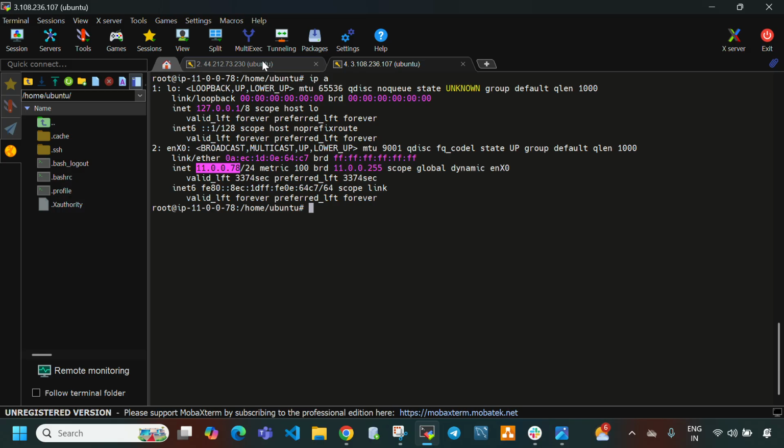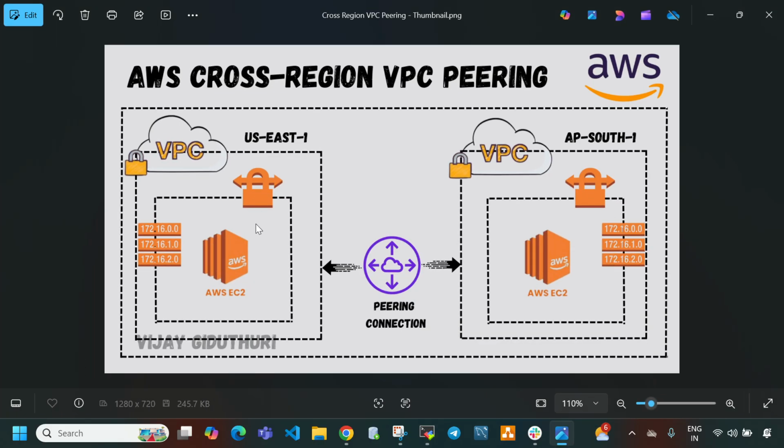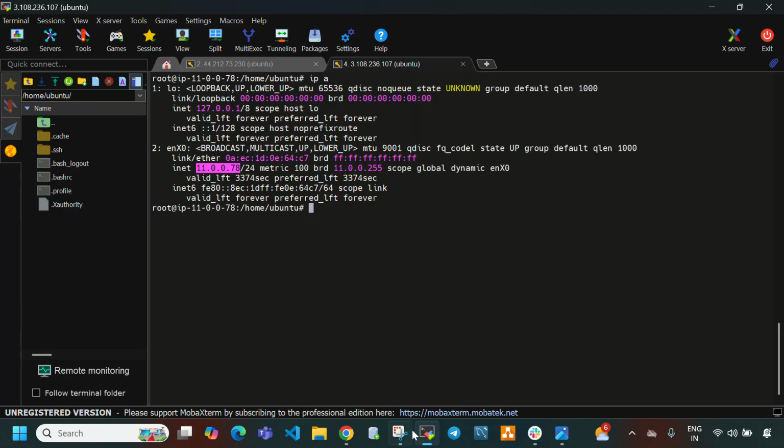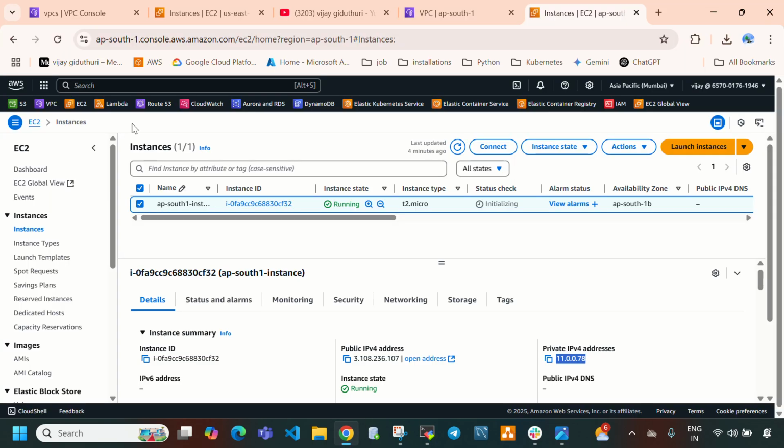So now what I will do is I will try to ping from US East-1 instance to AP South-1 and AP South-1 to US East-1. Okay, so let's see whether it will try to communicate or not. So let me open this. Meanwhile, let me come here and copy the private IP address of this Mumbai region EC2 instance,